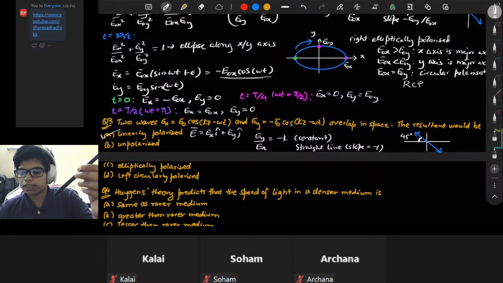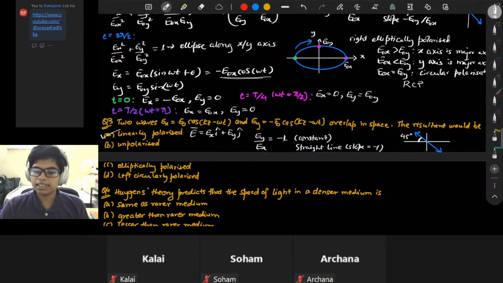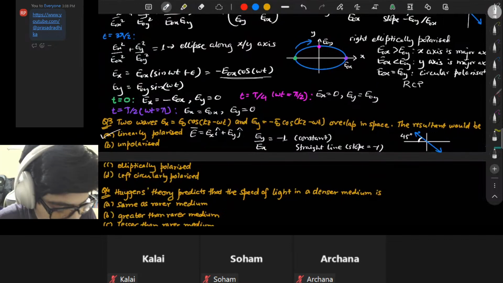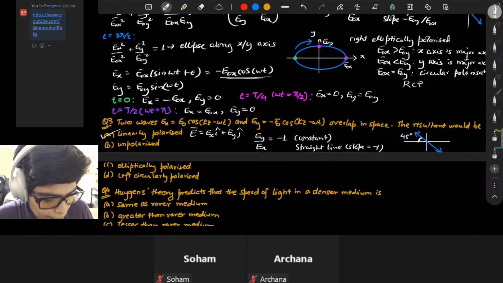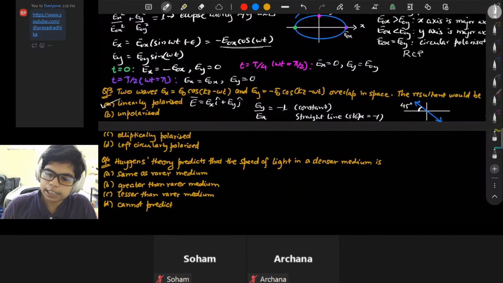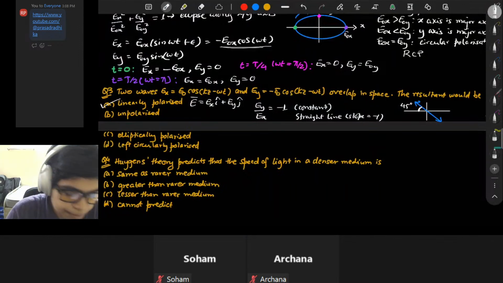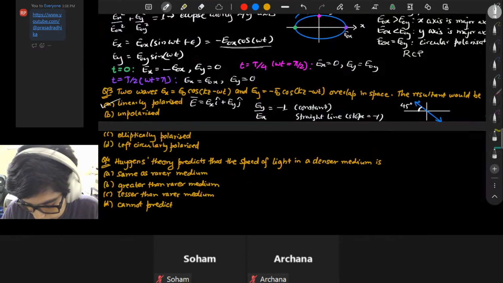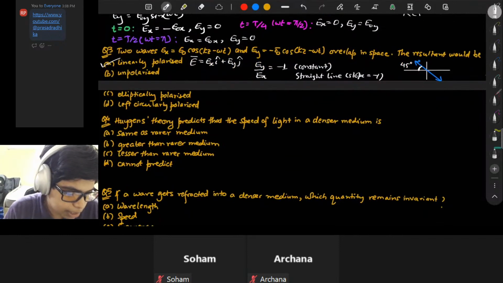So the electric field will be oscillating along like this, and it will not change direction with time. This ratio Ey by Ex comes out to be independent of time, so it will not vary in time. Okay, so I hope that clarifies, and now you understand the difference between polarized light and unpolarized light. Let's proceed. This is again a very simple question